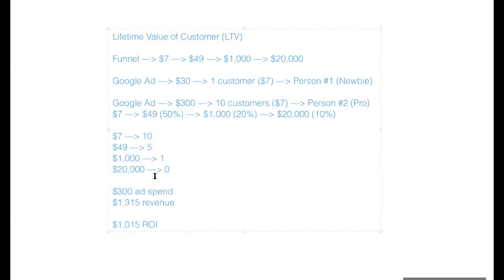So in the grand scheme of things here, this is how you calculate lifetime value, and it's probably the most important figure in an entire business. It's probably the most important figure you could ever know in your business as well. Because even if you're an affiliate, think about this. Even if you're an affiliate, and let's say that you make 50% on these, so you don't even make 100%. You make 50% on all of these sales.